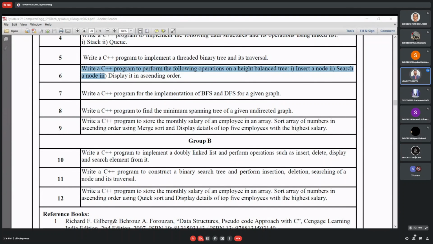Otherwise we will take a separate half. It will be not more than 15 or 20 minutes. After completion, if all students are over, we'll continue with the meeting. Otherwise, we'll take your 15 minutes for that meeting. Okay, sir.